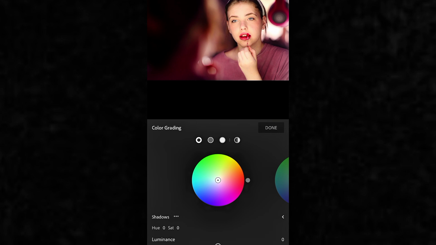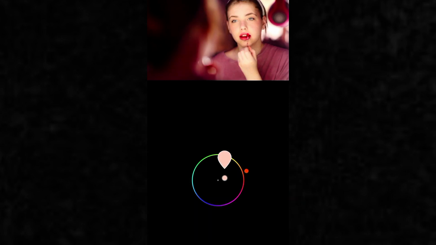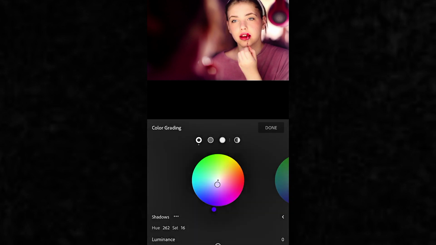What I want to do to shadows is make it kind of bluish, kind of bluish purple. Somewhere down here. That seems good. Now, it doesn't look too good right now, but trust me, we're going to be using all of these,